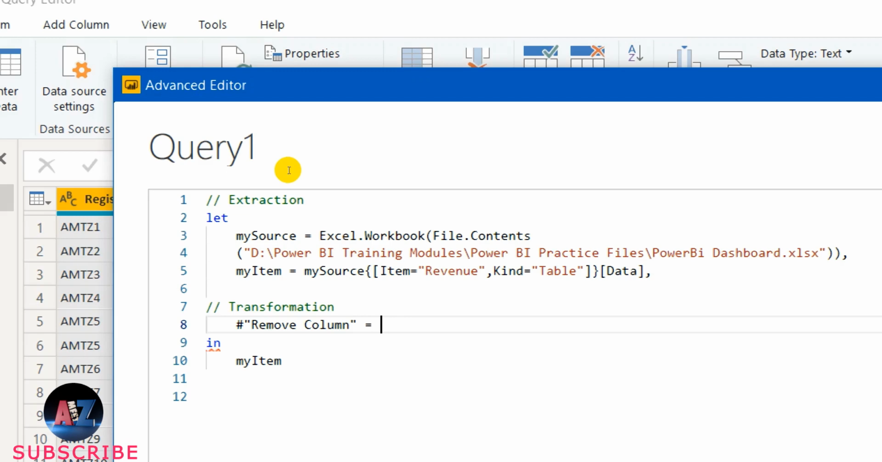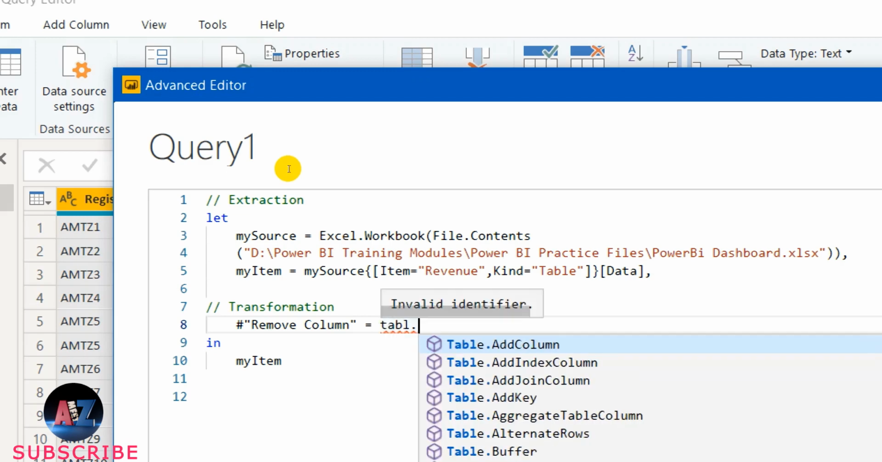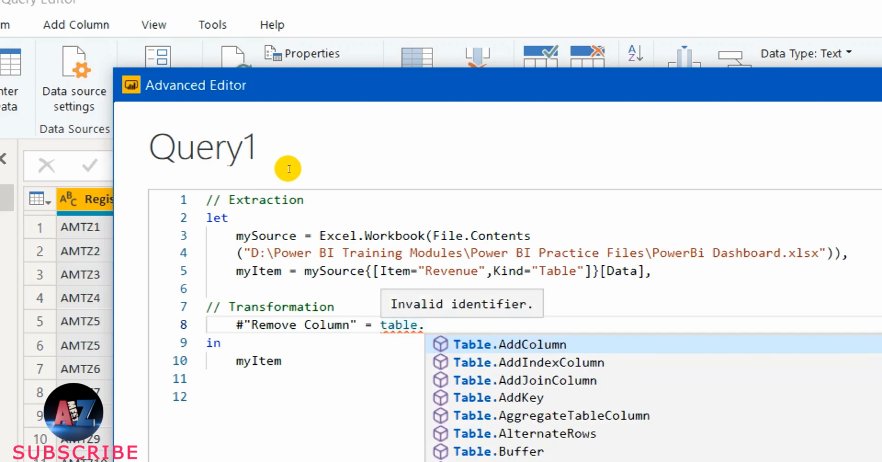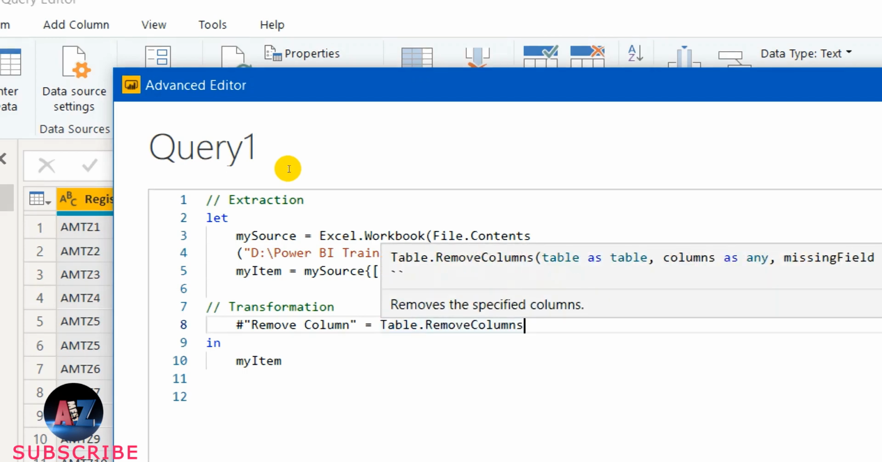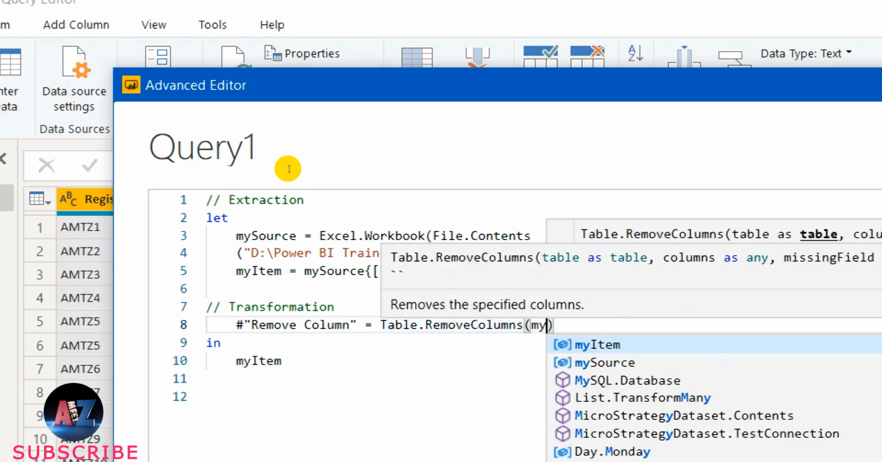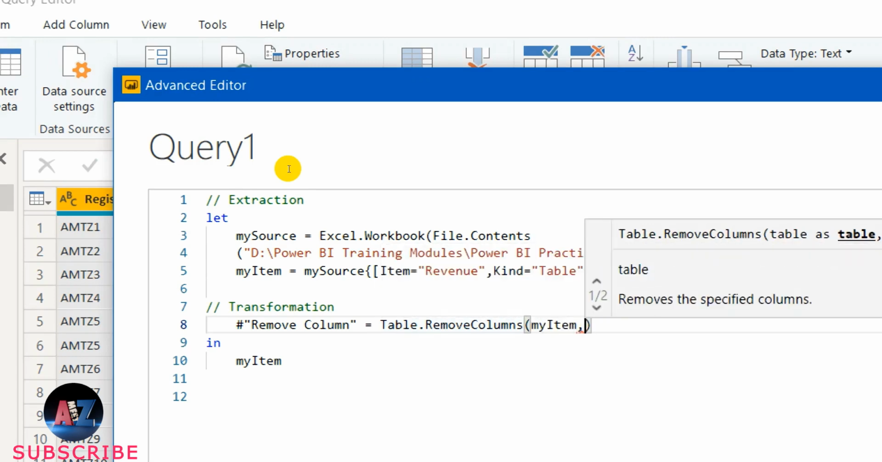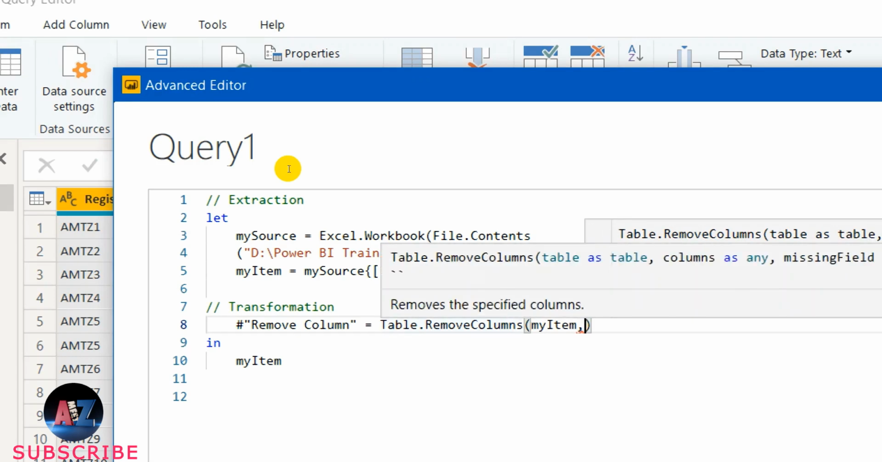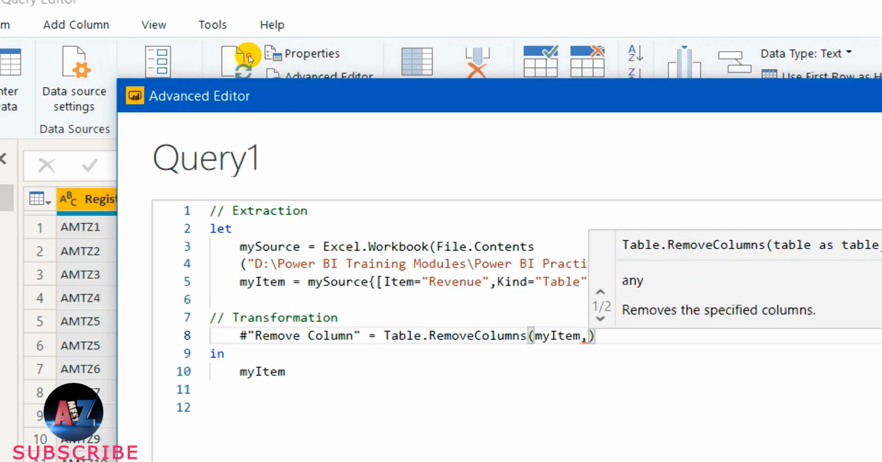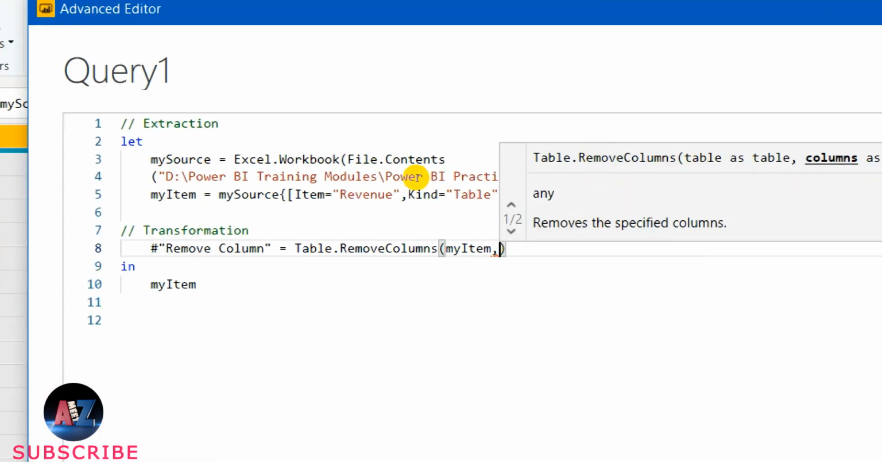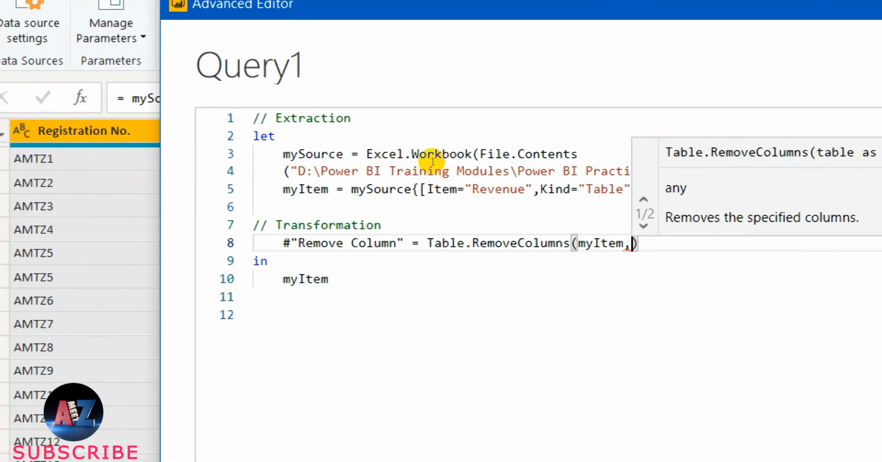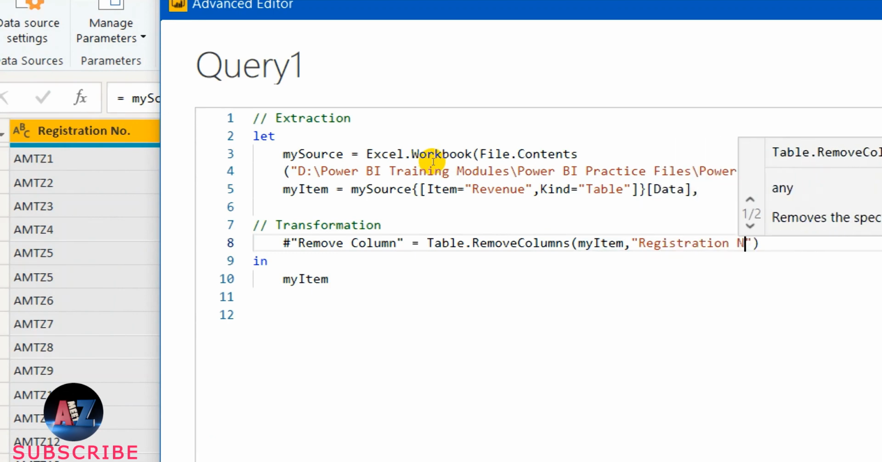Now what I wanted to remove, a column, where it is a table. So the code will be Table.RemoveColumns. And if I open the bracket, give the table name. The table name is nothing but my item, because that is the table we have created, and the column name. The column name has to be written very carefully within double quotes. That is registration number. So within double quotes, registration number. And